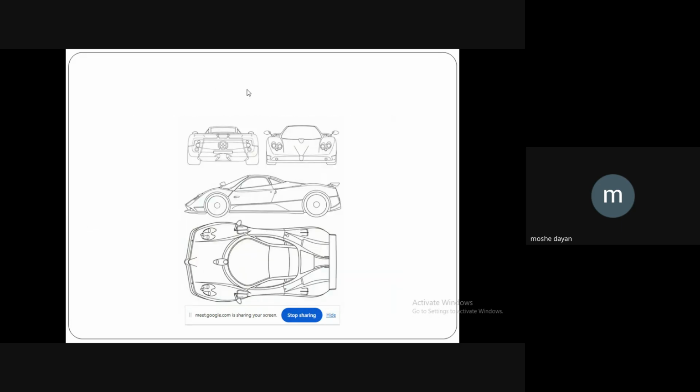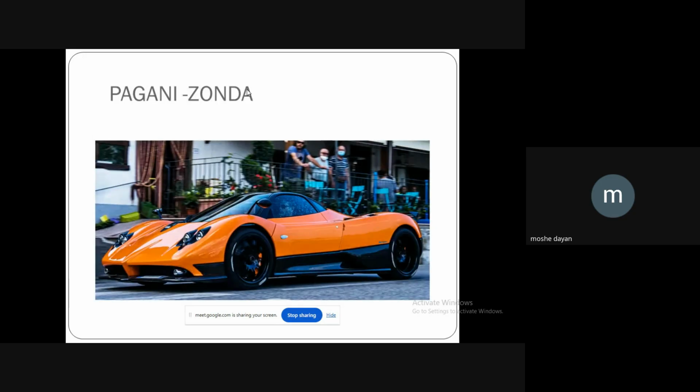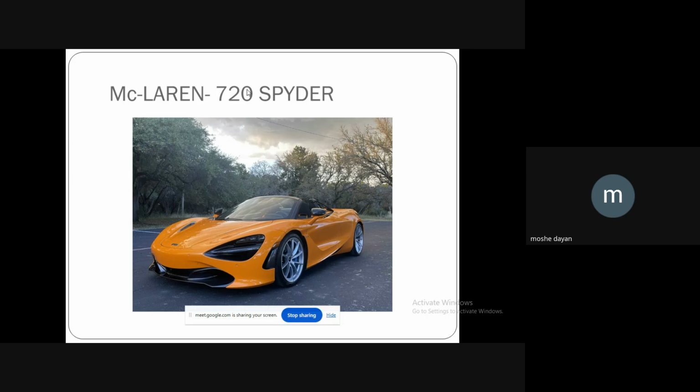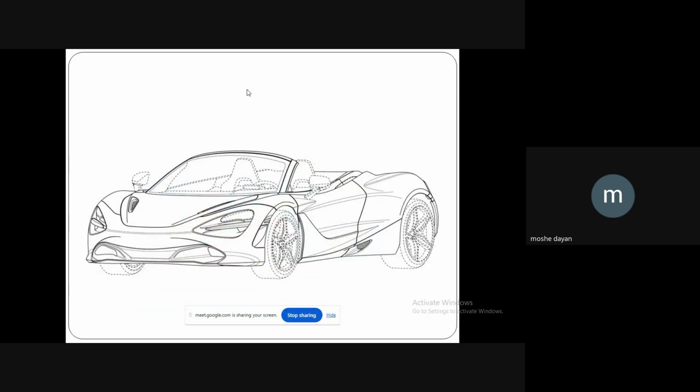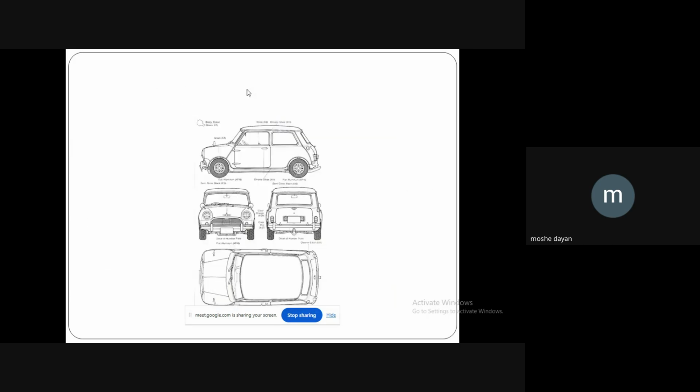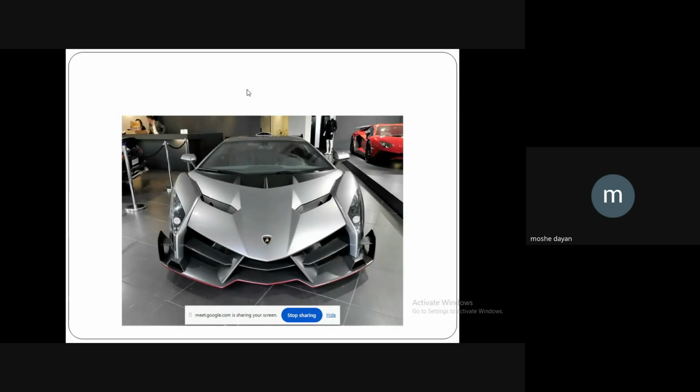The reason I'm playing all these designs is that every particular car is protected by its own design. Even when the 50th version of the Pagani Zonda comes, the base skeleton shape will not change. Even when the newest Lamborghini comes in the next year or in this year, the base shape of the Lamborghini will not change. That is how they actually work on it.